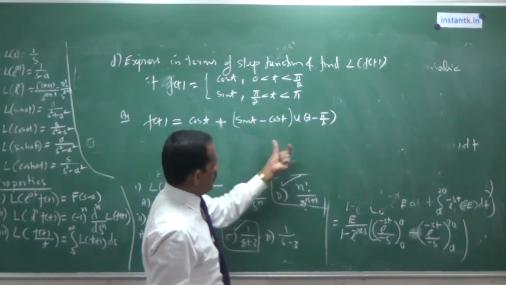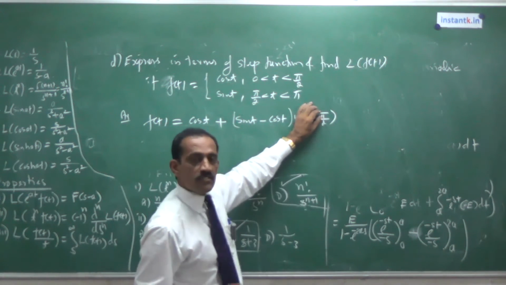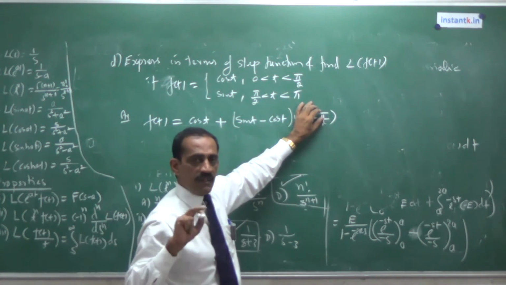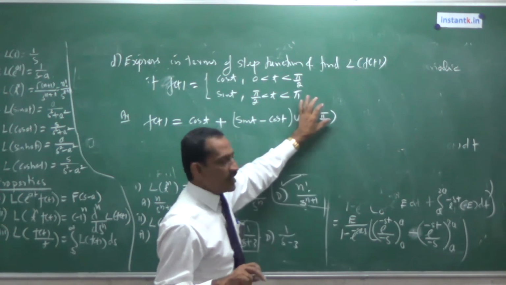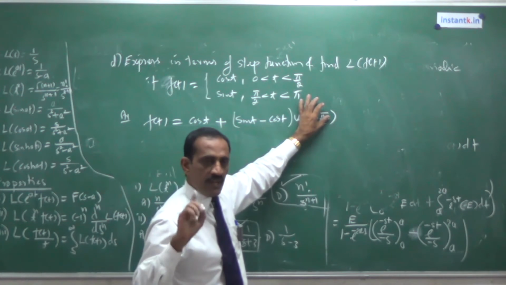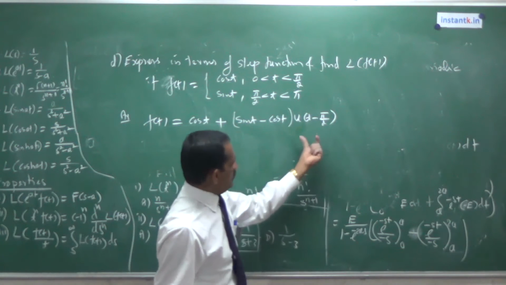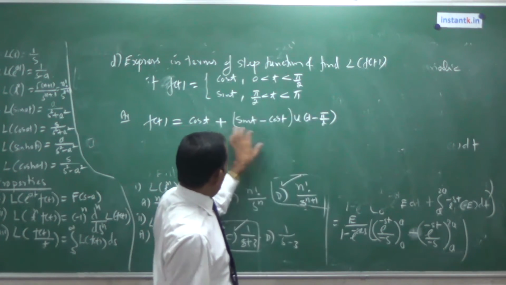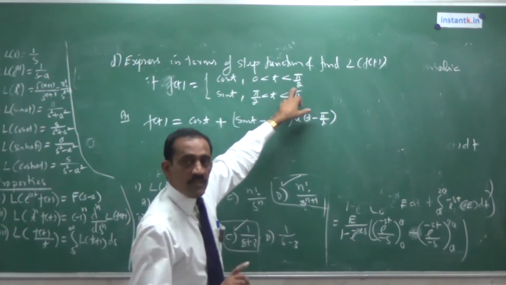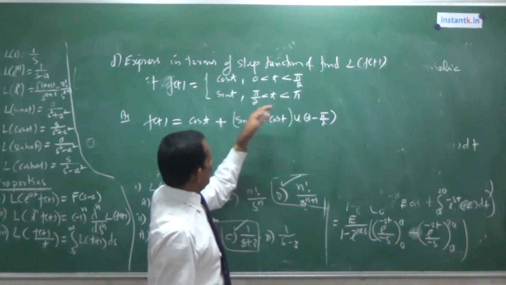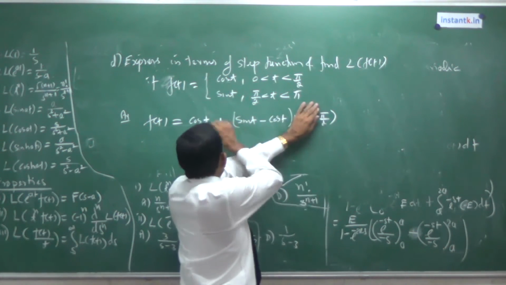So here we can conclude, when the value of t is less than pi by 2, the value of the function is 0. It is the definition of step function. When the value of t is greater than pi by 2, the value of this function is 1. It is just like a switch that has only two values, either 0 or 1. So when t is less than pi by 2, this is 0, so cos t is correct. When t is greater than pi by 2, we need sin t, and the step function is 1, so cos t gets cancelled.